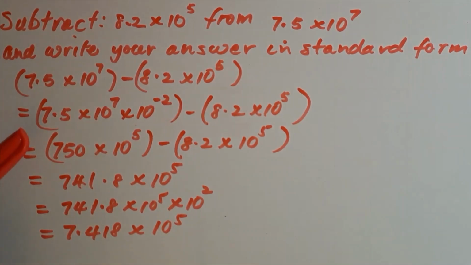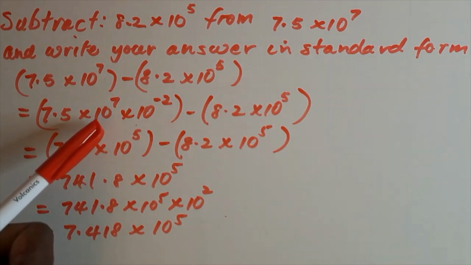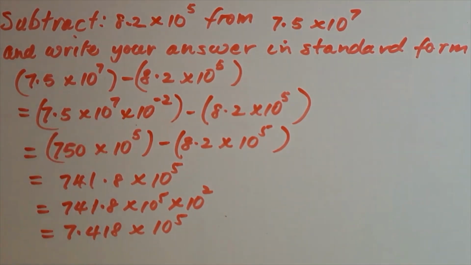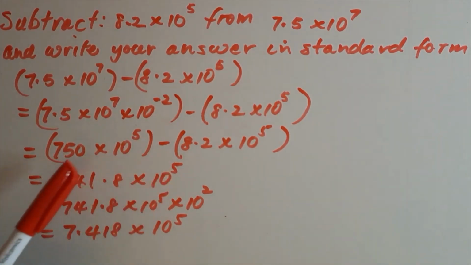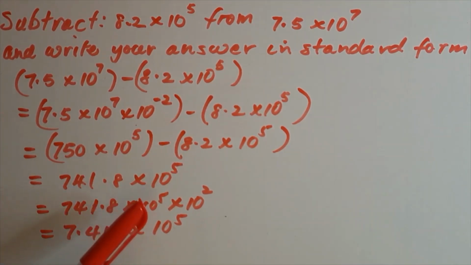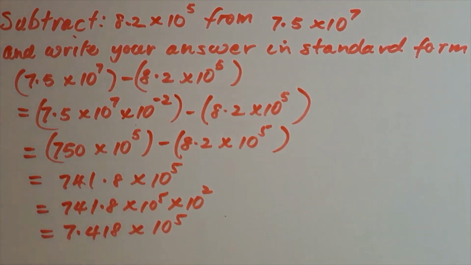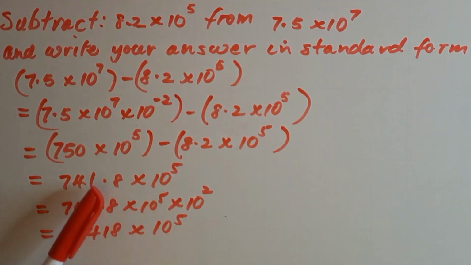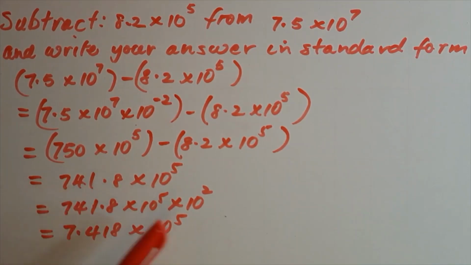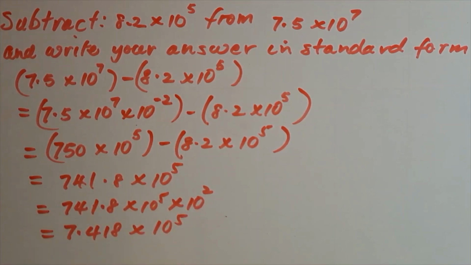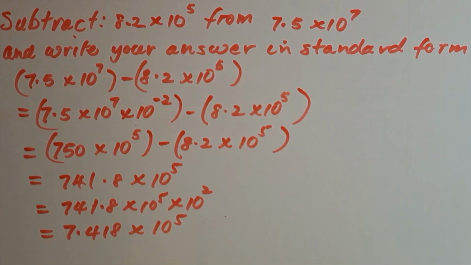First, we've converted to make sure we have both numbers multiplied by the same power of 10. In this case, 10 to the 5th. And then we're able to do our subtraction. Our answer comes out, but it's not in standard form. In order to get the decimal place to move 2 places to the left, we must multiply by 10 squared. And that gives us 7.418 times 10 to the 5th